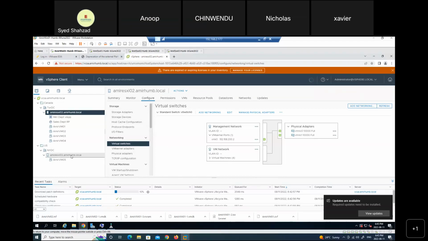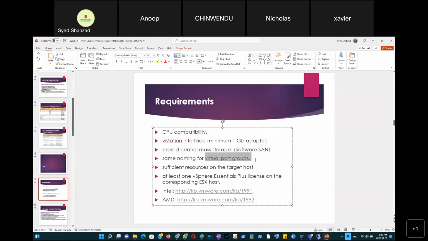So I'm just going to go to the ESXi3 just to check that. Does it also have vSwitch 0 and does it also have a port group called VM network? So I'm going to go to ESXi3 now. And yes, it also has vSwitch 0 and the port group called VM network. Suppose there was a different named port group, it's still going to work. So it's okay. So yes, we meet this same naming for virtual port groups as well, the requirement, and then